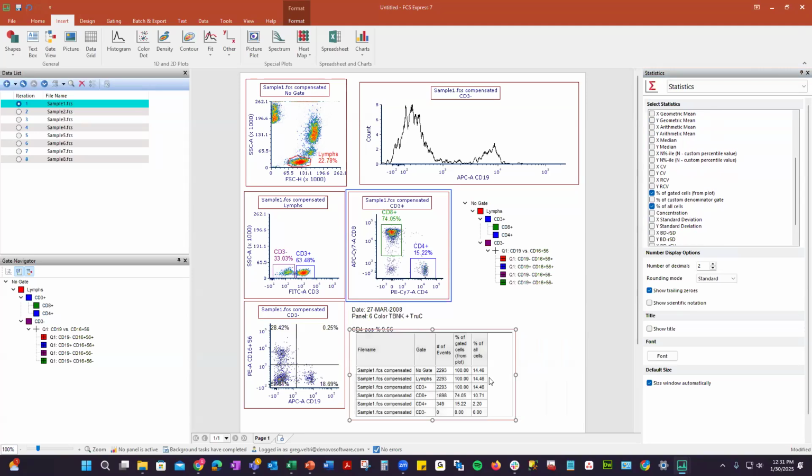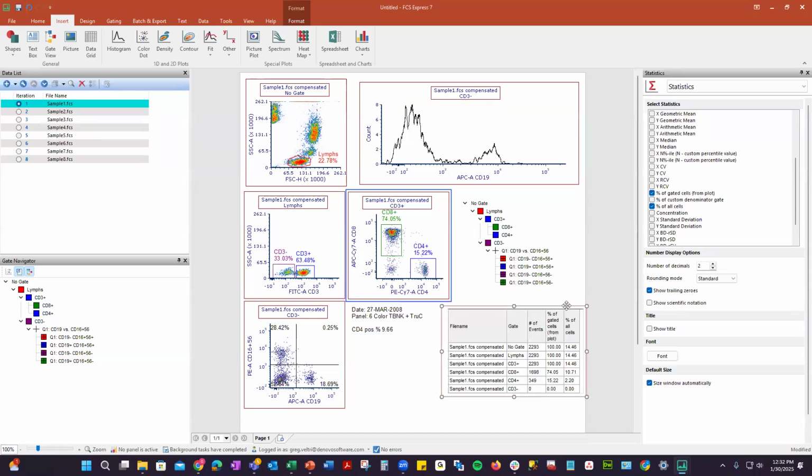And then if we expand that, you'll see that's our box. But I want you to remember that this information is based off of this plot right here. So if you're trying to get information from that other plot, you would have to create another statistic window from that. And this is useful. This is very helpful. But another way to really get a lot of statistical information out of things, so let's move this out of the way,